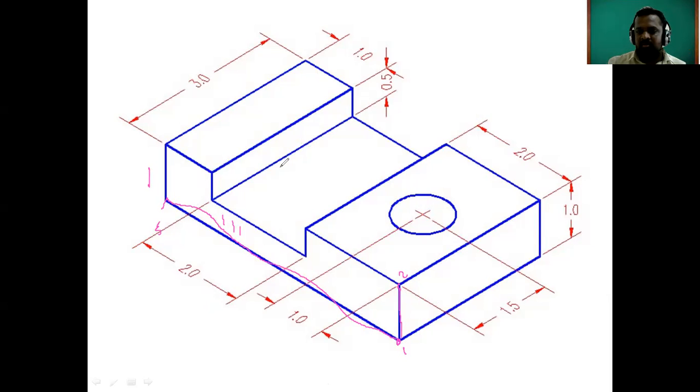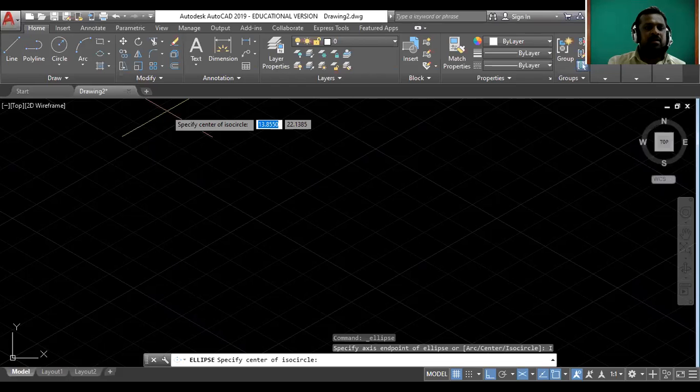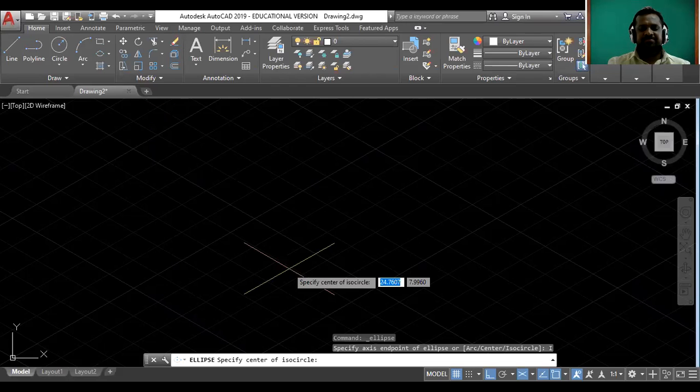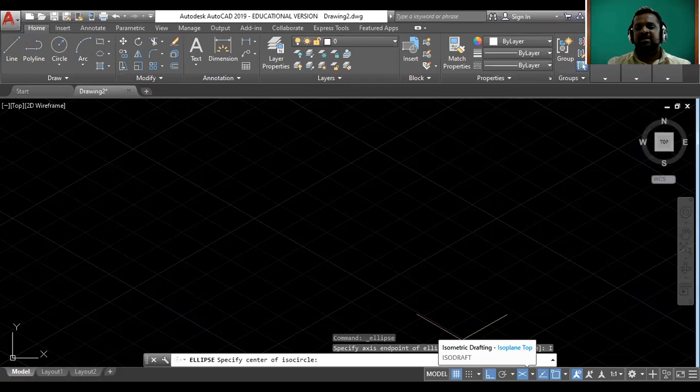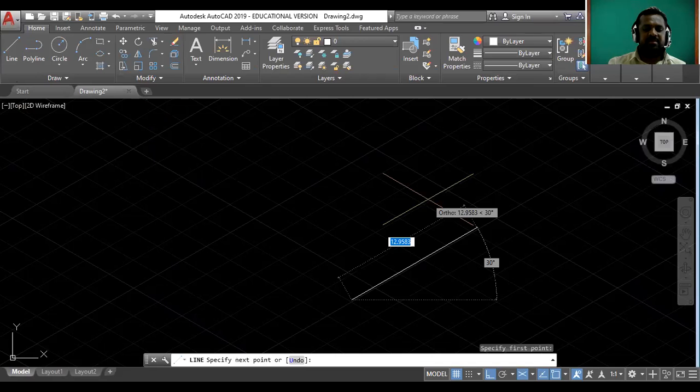Now select that. Now see a simple procedure. Already we have started the isometric drafting. Then click the line, select the point. Now see here, in this way it is moving. It is visible to all? It is moving in this side only, but we have to require the vertical line. Then how to draw that vertical line?